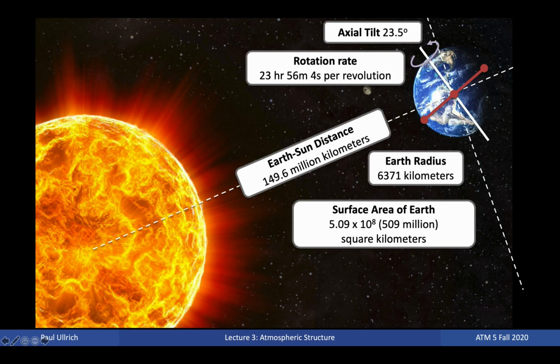First, some basic properties about the planet Earth. The Earth rotates on its axis once every 23 hours, 56 minutes, and 4 seconds. However, because it also moves a little farther around the sun each day, that makes for a 24-hour solar day. That is, the time between the sun being overhead for a particular observer standing on the planet is about 24 hours. Rotation is counterclockwise if viewed from above the North Pole, so the sun rises in the east and sets